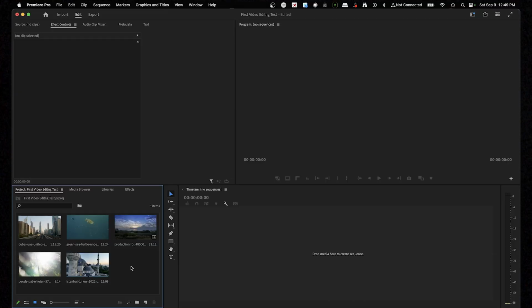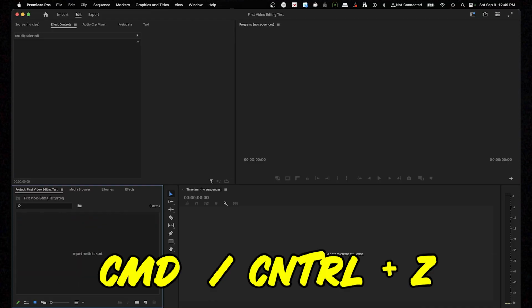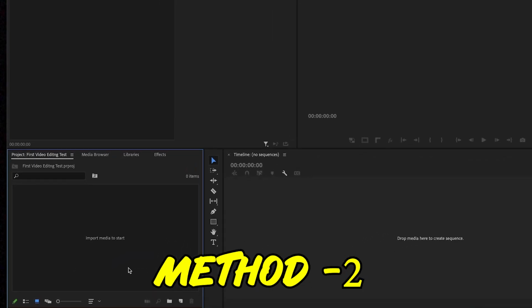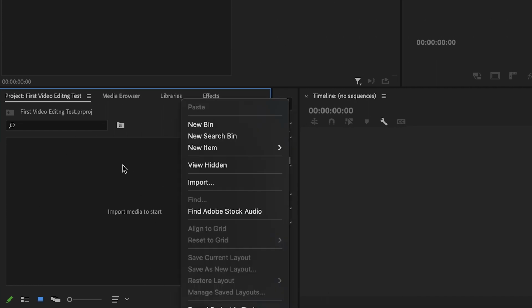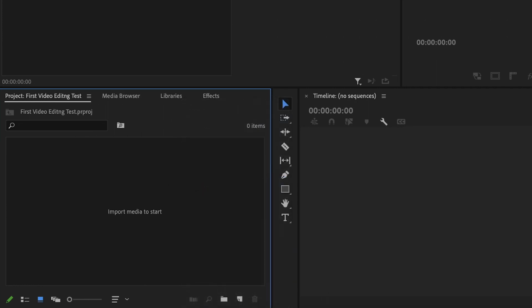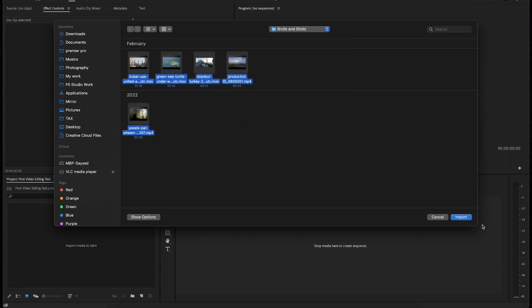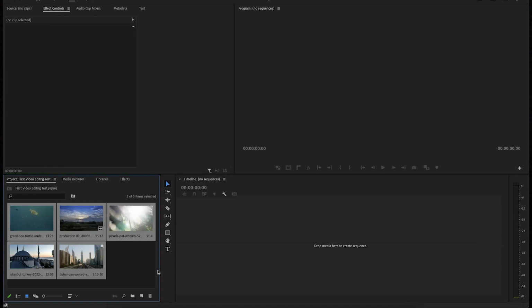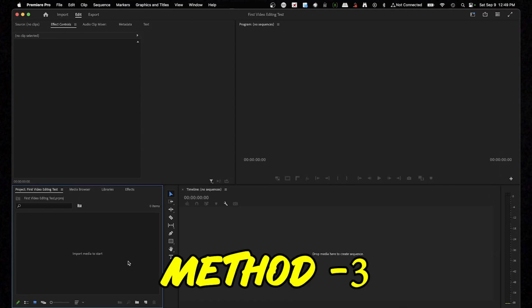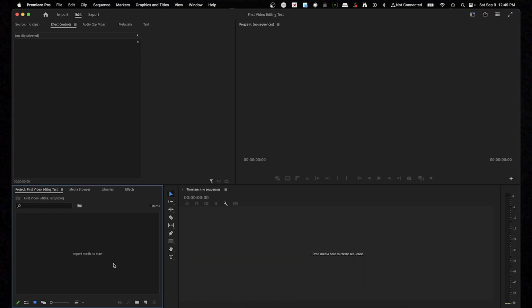The other way to import, I'm gonna just undo it by pressing Command Z or Control Z on your PC. The other way to import is you're just gonna right click any empty area and you're gonna click import. Again, it will open the same folder where you last used it, and you're gonna select all and hit import. I'm gonna hit Ctrl Z again, and this time I'm going to use the third option of importing all the media into Adobe Premiere Pro,